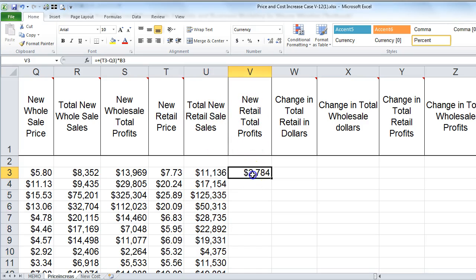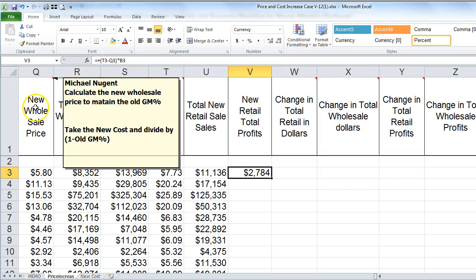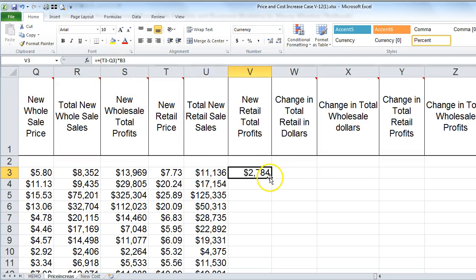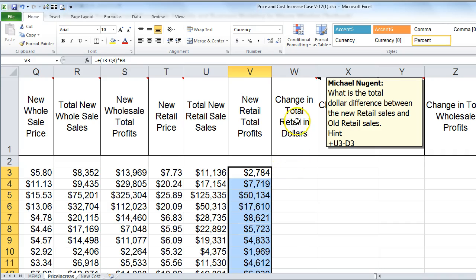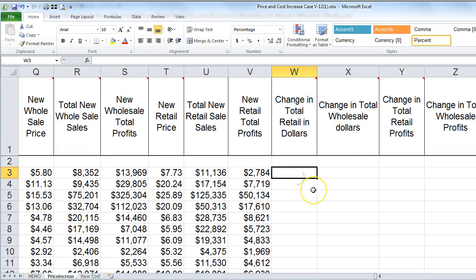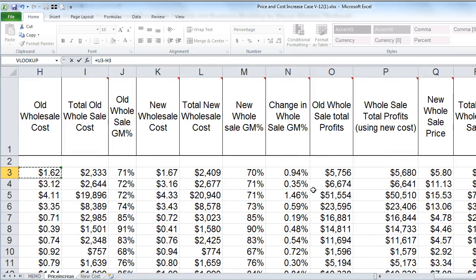So new retail profits, again, following the same logic, is going to be T minus Q, which is retail price minus wholesale price, times quantity, gives us the new retail profits for the retailer. So change in total retail in dollars. So here we're saying U3 minus D3. So what we're looking at is U3, which is the new retail sales, minus the old retail sales,